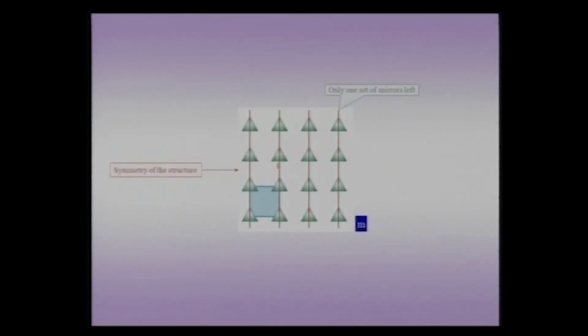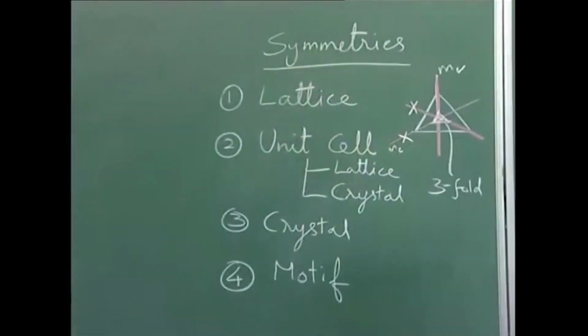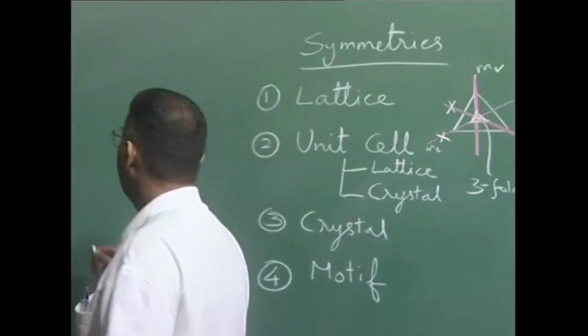Now, what is wrong in calling this crystal a square crystal? Okay. Let me try to use a sort of a common sense kind of an example to understand why this cannot be called a square crystal. Okay. So, let me go back to the board. So, now the crystal I have generated is made up of